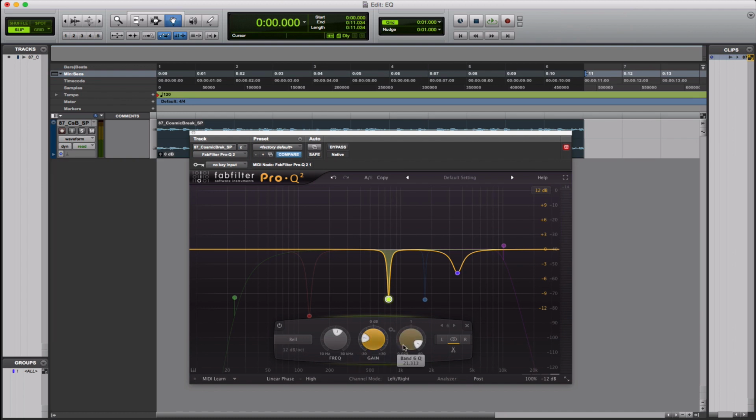Maybe 10 to 15, and you can adjust the Q as well to get it more sharp if you want, or more in the area of the problem, because not all problems are one frequency. They can be multiple, they can be a clutter or build up of frequencies, so sometimes you want to remove a general area. For me, I like to remove around 500 Hz, so I'll drag this down to around 500. There we go. So I like to keep it around there, so the Q's on 8.3, and that gets the area around 500, which is what I'm looking for, because I'm not looking to just take out 500. I want a bit before and a bit after, just to make sure that I'm removing, in this case,